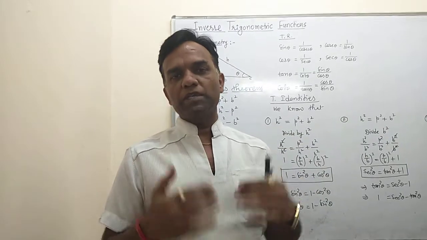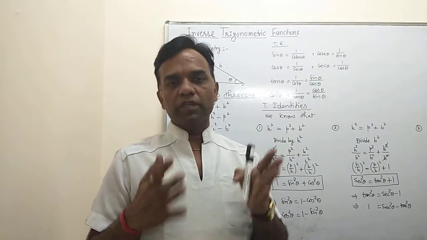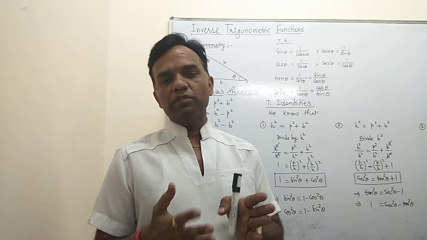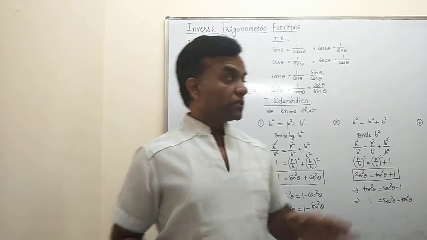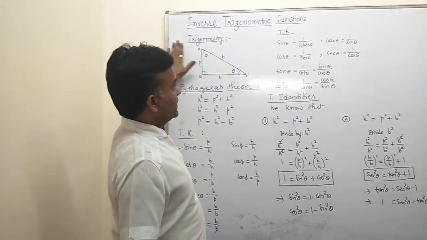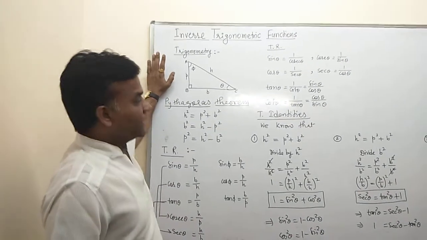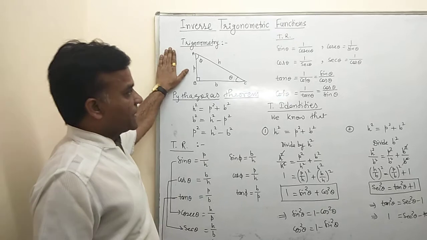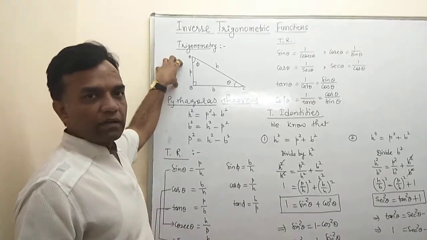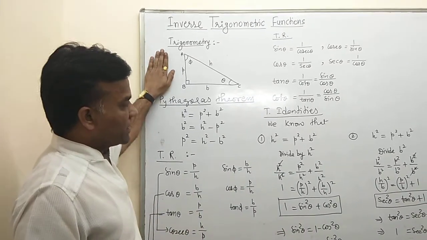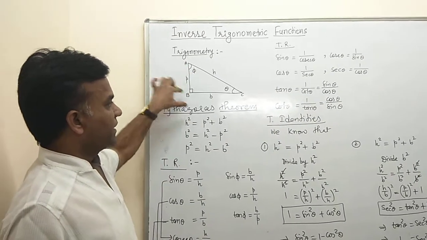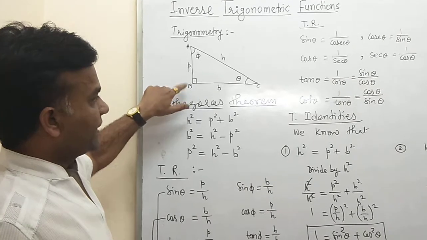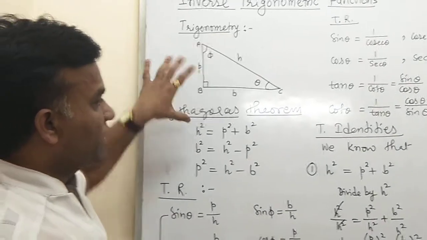But before this, first I want an introduction of trigonometry. Here we introduce it and then we start the topic like inverse trigonometrical functions. So first we start with trigonometry, and trigonometry basically studies right angle triangles. So here we have a right angle triangle ABC, right angle at B, and now we know the